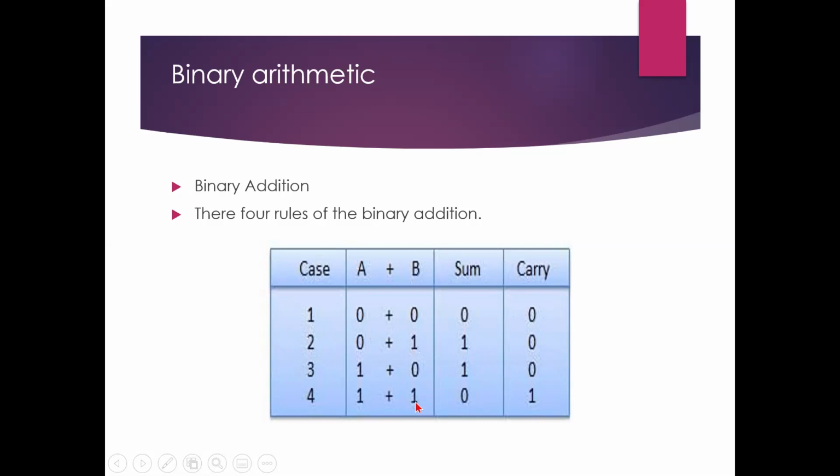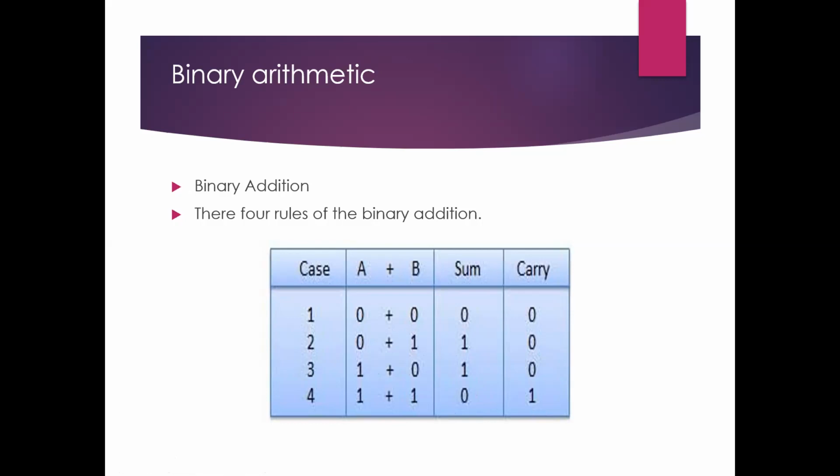Then when there is 1 plus 1, remember in the binary system, 1 plus 1 means 2, and there is no 2. 2 is represented as 1, 0. When 1 plus 1 is 1, 0, which is 2, 0 will be the sum, and 1 will be carried over to the next column. This is the one thing you need to remember here. 1 plus 1 is 2, that means 1, 0. 0 will come into the current column, that means the summation column. The 1 is carried over to the next column.